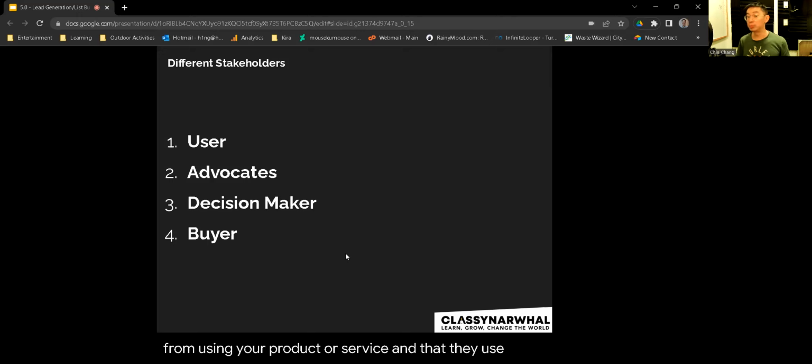The user could be the advocate, but it could also be different as well. So I'll show you an example in a second. Decision makers are the ones who can actually sign on the dotted line and approve it. And sometimes you also have buyers as well. Buyers are slightly different from the decision maker in the sense that they are the ones who actually write the checks. So be aware of all of them.